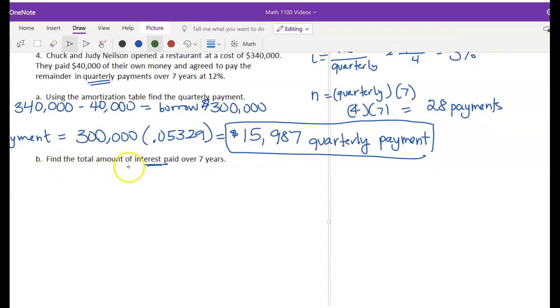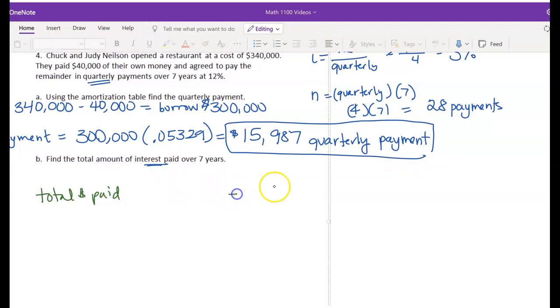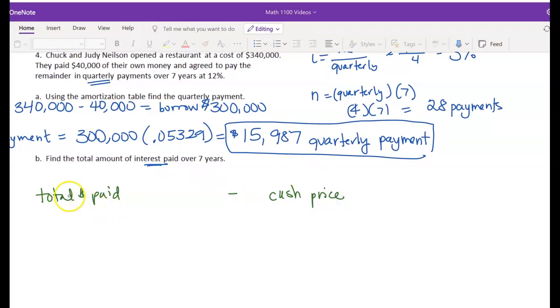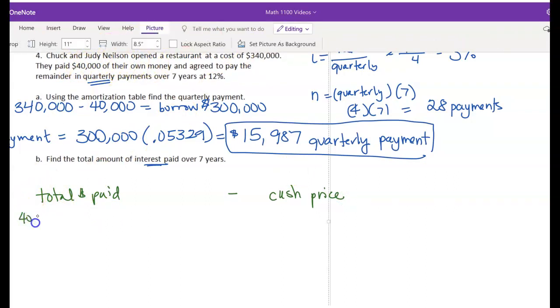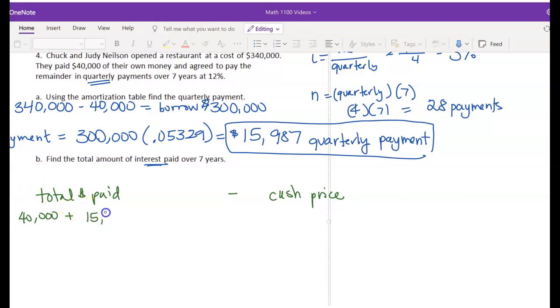Let's calculate the total amount of interest paid. Remember, interest paid is another way to say the finance charge. And the finance charge is the total money paid minus its cash price. Well, to find the total money paid, I'm going to start out with saying, remember that they paid $40,000 of their own money in the beginning. Plus, they're also going to make payments of $15,987,